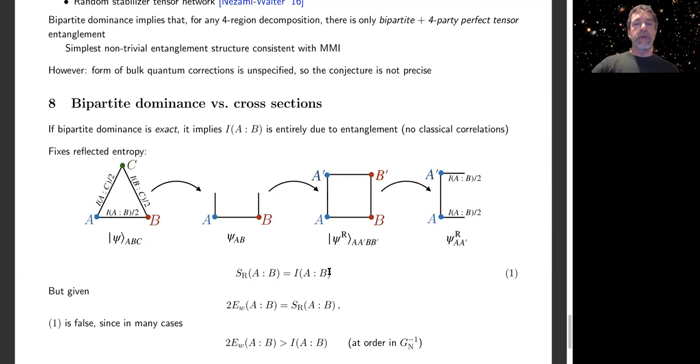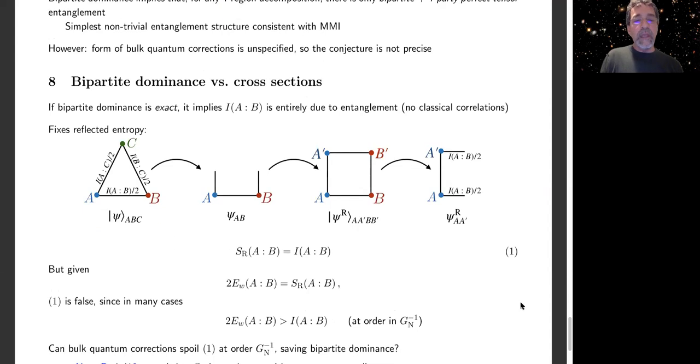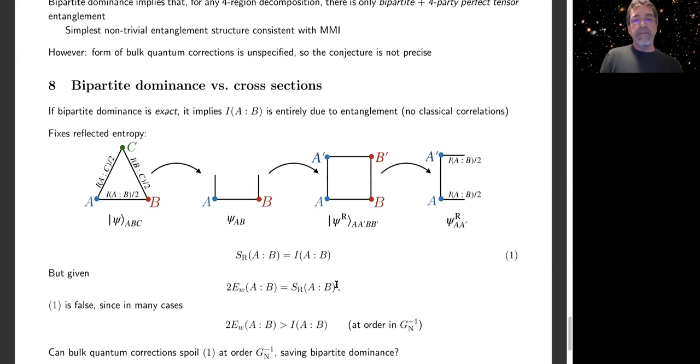So maybe that happens here when you calculate a reflected entropy, which is, after all, nonlinear in the state. You know, there was this step where you square the state. So maybe subleading, exponentially suppressed parts of the state are getting lifted up and polluting this reflected entropy quantity. So that's a valid question. Basically, if the point is that due to these quantum corrections, this relation is not correct, so this calculation I did here is not correct, then bipartite dominance could be true, okay? So that's a question that